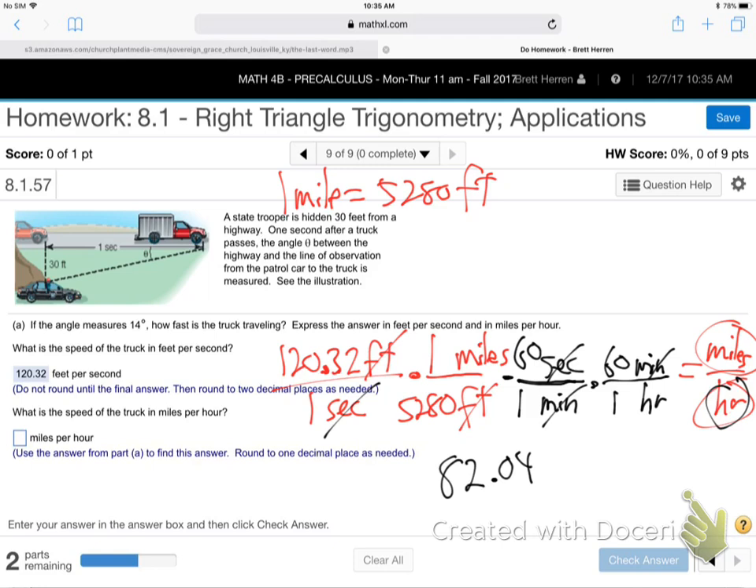How many places do I want? Oh, one decimal place. So I'm getting 82.0 miles per hour, 82 miles an hour. That truck's going to get a ticket. 82 miles an hour. Everybody good with that conversion process? Now get ready to do it a second time. We'll go into that, but it's the same thing. Is that making sense? Is that good? Let me say a word about the